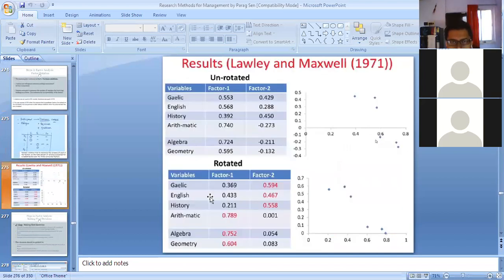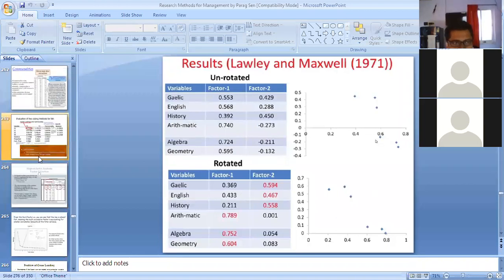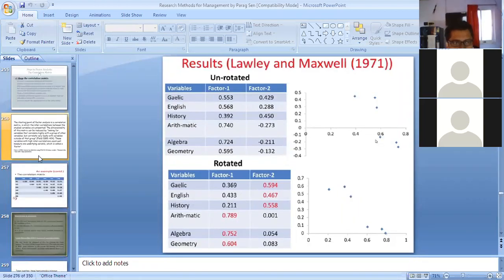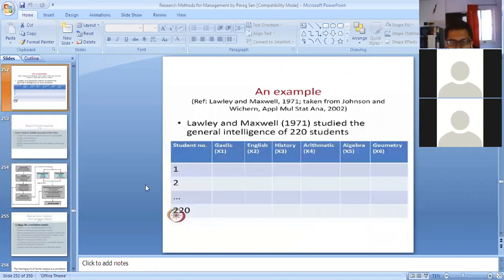Just have a look at this slide. This is the result of Lawley and Maxwell. Previously we gave the example of Lawley and Maxwell. Can you recall it?